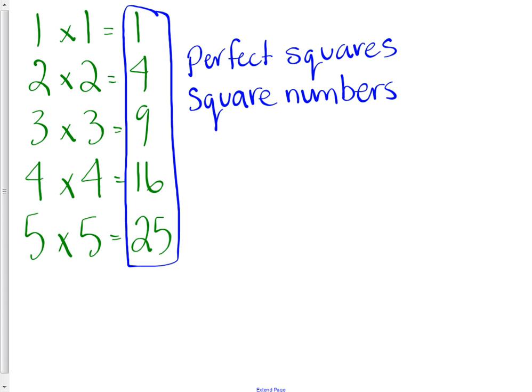Now, what you really need to think about in this, because we don't always work in one direction, so we don't always go 2 times 2 equals 4. Sometimes you're going to be asked to find out what the square root of something is. When we're looking for the square root, we are looking for that number that when times by itself equals that number. So let's take, for example, the number